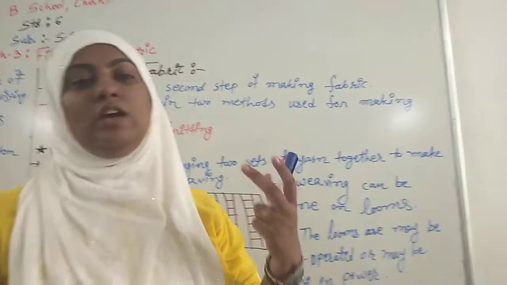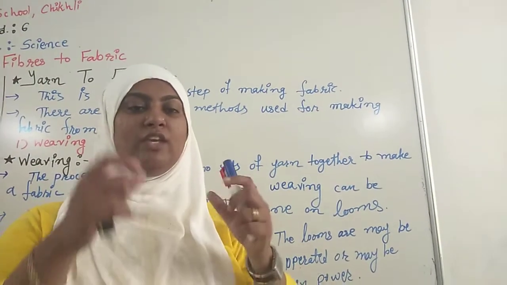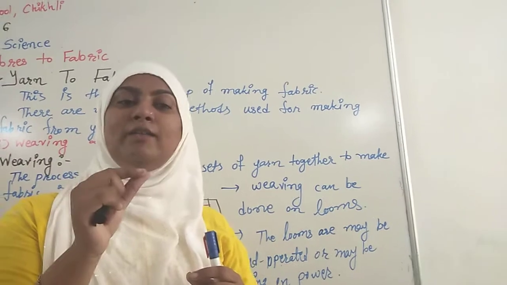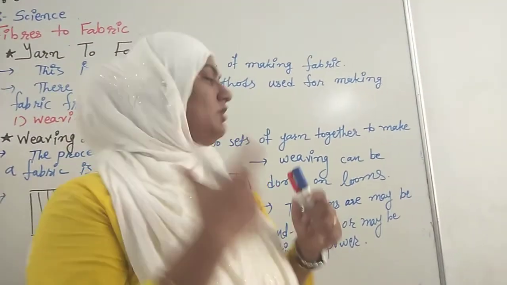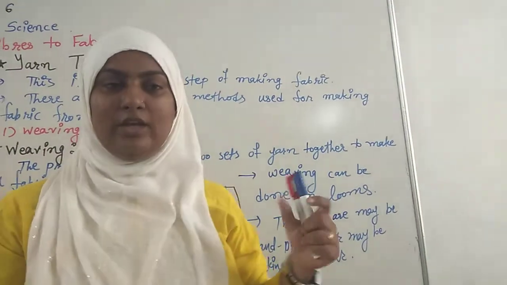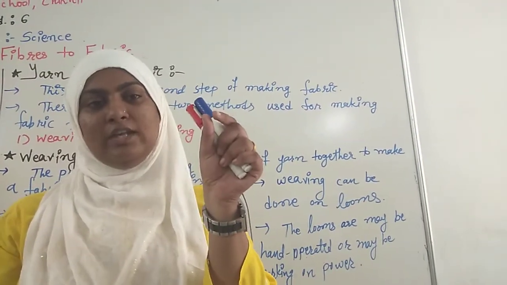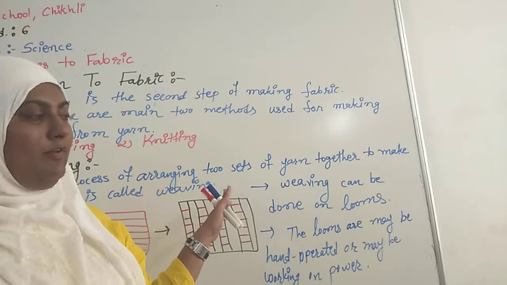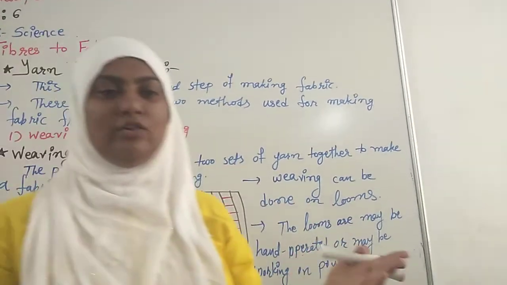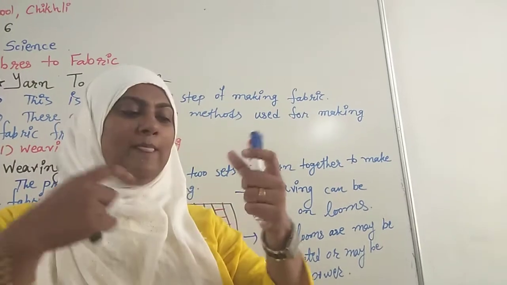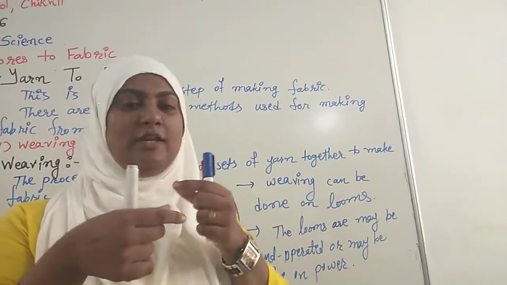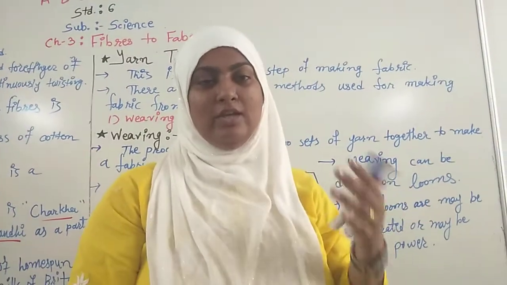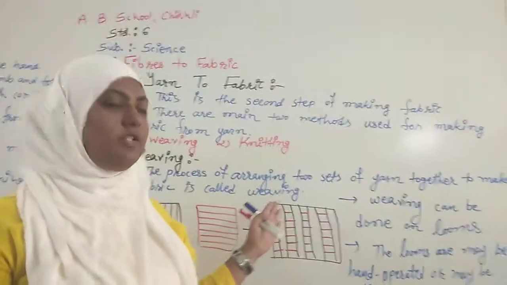If we see our clothes, we can notice some little holes in them. Why? This is all because of the weaving process. Some square-like holes we can see in our clothes are because of weaving. Why? Because we have seen the chatai. In a chatai, one part of a strip is upside and one part is downside the other strip. That way, this weaving process is done.